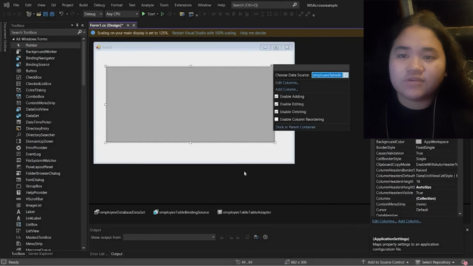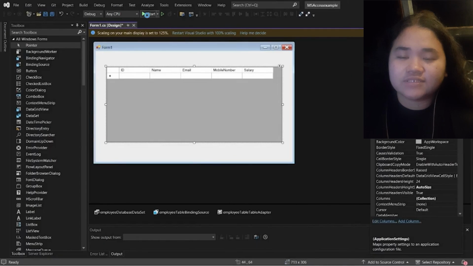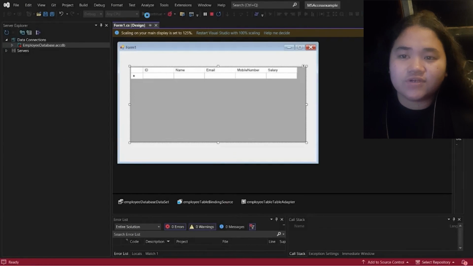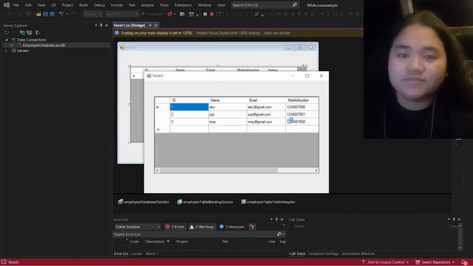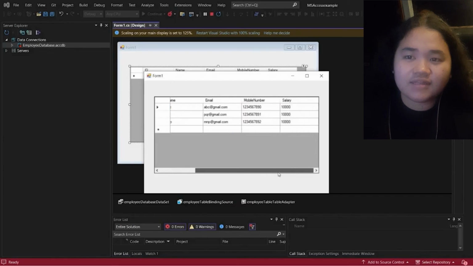If everything was done correctly, our data from Microsoft Access will appear in the DataGridView on our Visual Studio form. This confirms that our application is successfully connected to the Access database, meaning it can now read data